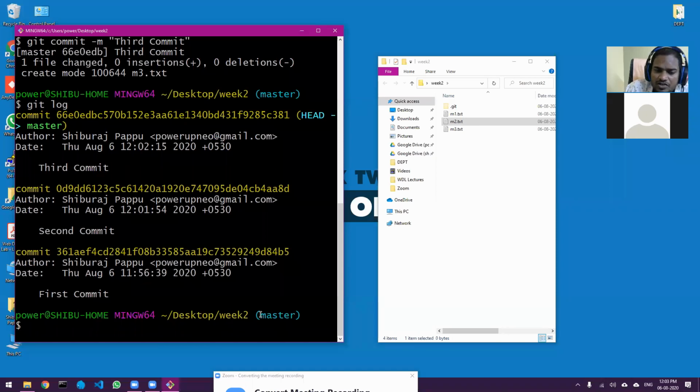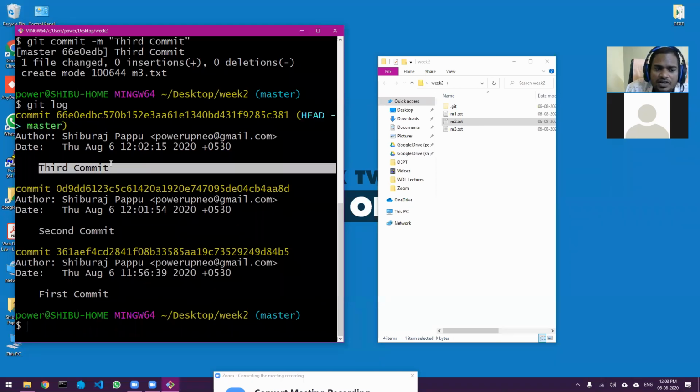Instead, you will create a branch of that and make the changes over there. Then after the changes are done, you will merge it to the master branch. So that is the normal procedure. Whenever I want to add a new feature, or do a hot fix or anything, I will first go to the master branch, wherever the master branch head is. Right now you can see the head is over here, master branch, at the third commit.